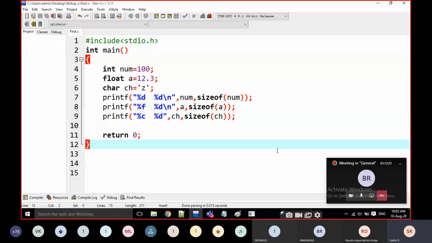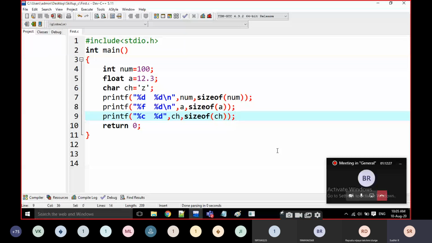Okay. Then I'm going to write some comments. How to write comments in C program? What does a comment mean? It is going to give some additional information. I'm going to write here: this is character printing. Some additional information I am going to mention here.